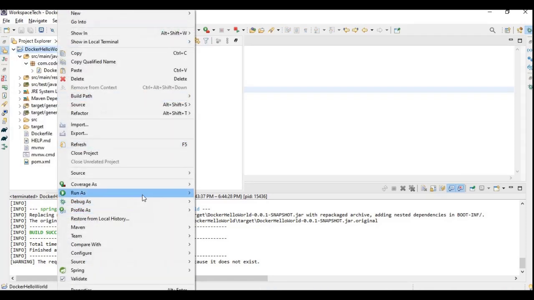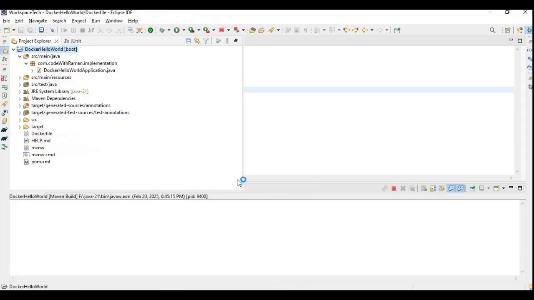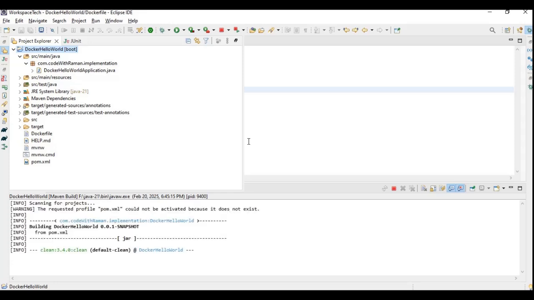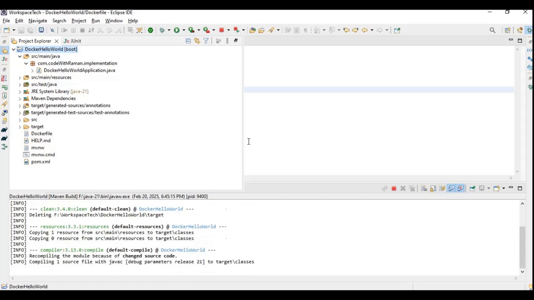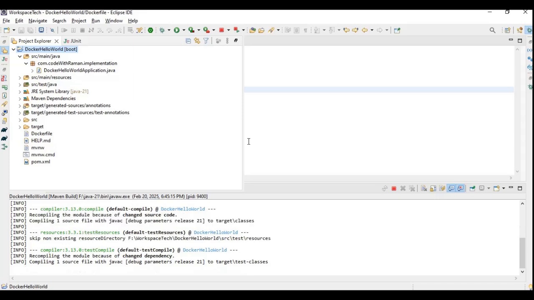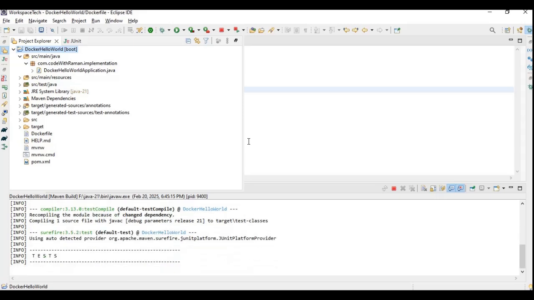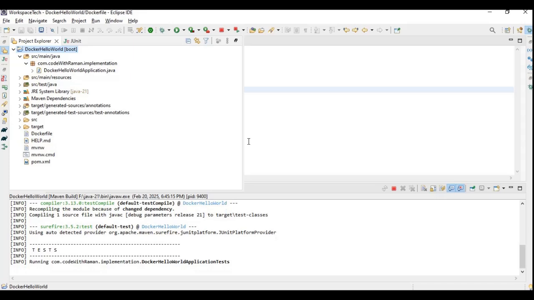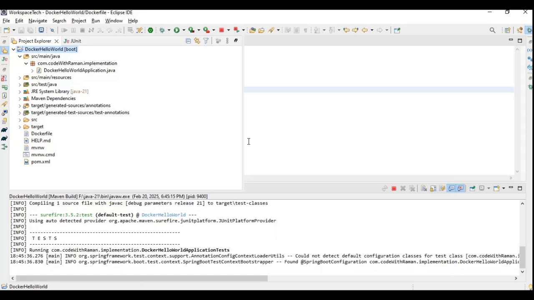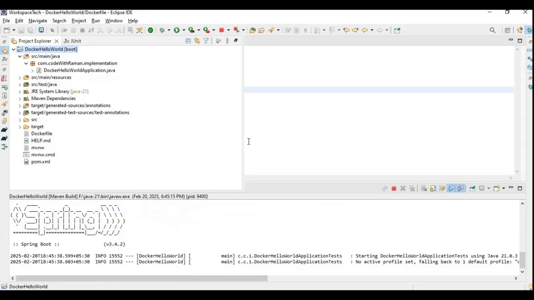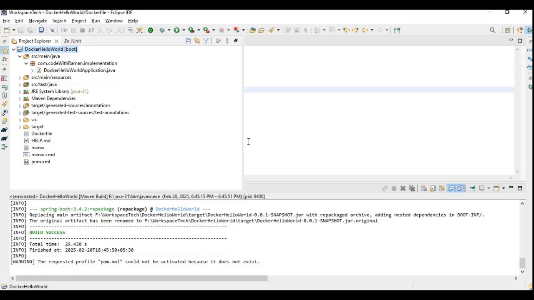You have to run as, and you'll say Maven build. The same steps will get executed again, that is mvn clean package. Or rather, if you know the name of your jar, you can simply have it on the first step only. I didn't know because it was a dynamic name generation, so I'll have to go and copy that name, as there could be mistakes, so better to copy the name from there itself. So it says build success.